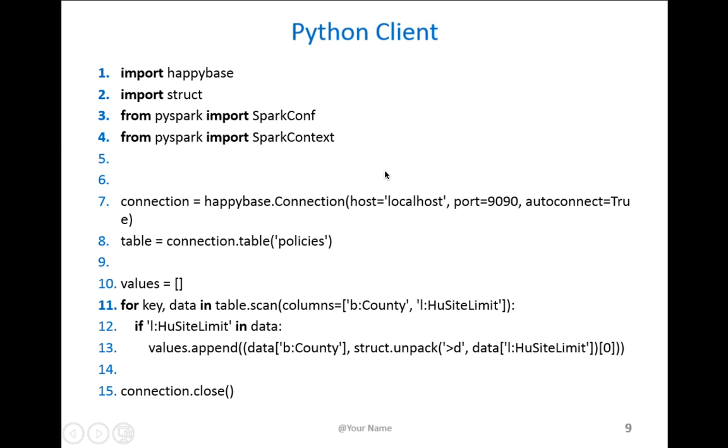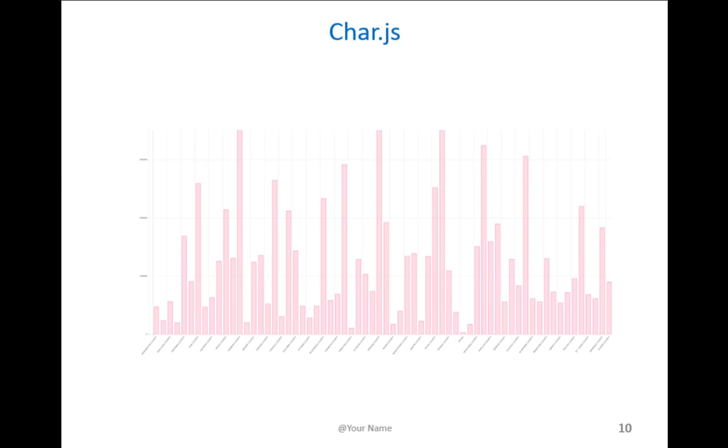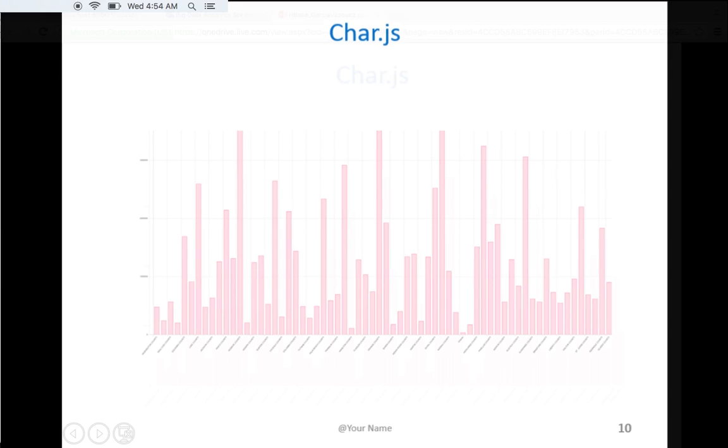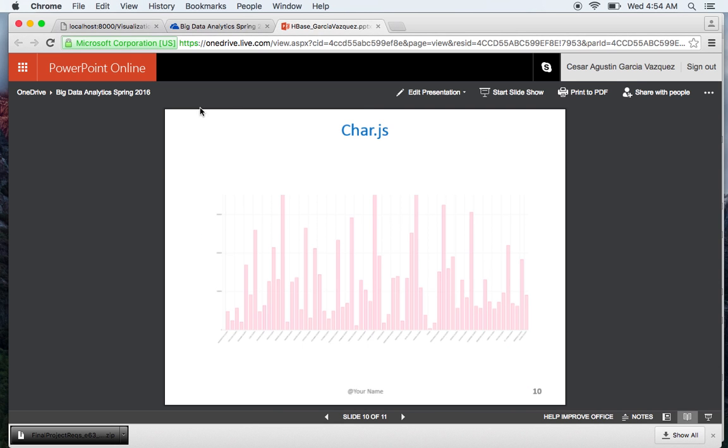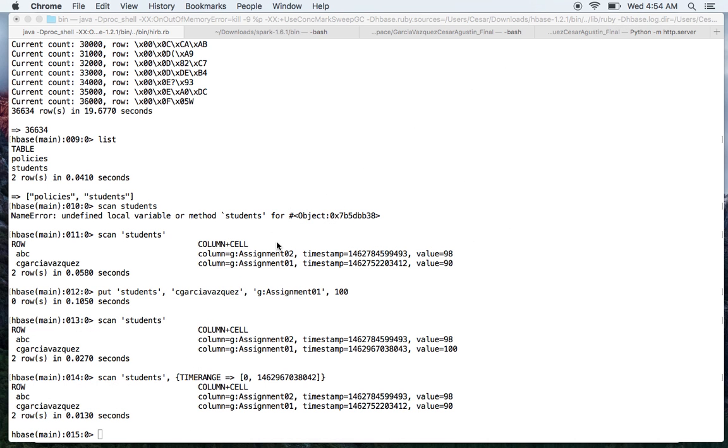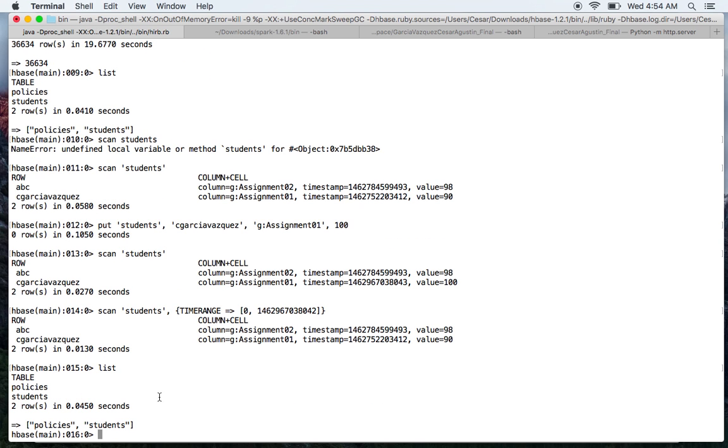So now I'm going to move on to the presentation. Sorry, before that, these are the tables that we're going to display. Here you cannot see very well, but I'm going to show you in just a moment how this actually looks. So, very simple commands: list actually lists our students, and I can, for instance, drop a table, but